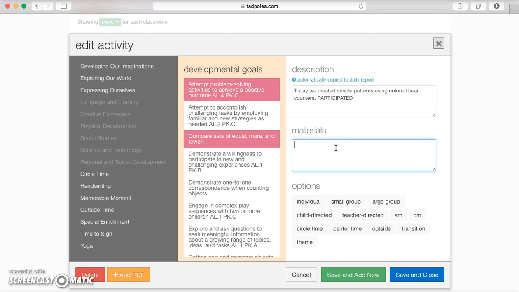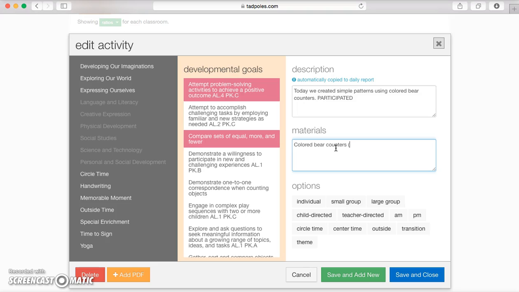For your materials, you always want to list any material that you're going to be using, whether it's glue, string, a puzzle, which puzzle, and you also want to put where it can be found, because sometimes there are emergencies and sometimes we can't always get to school when we need to. And that means that we were not able to prepare for the next day. So you always want to put in parentheses after where it can be found in the event that a substitute